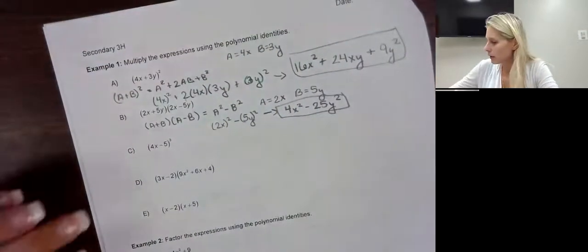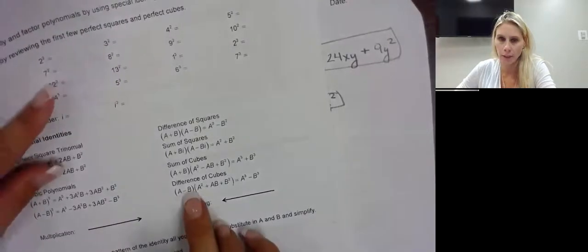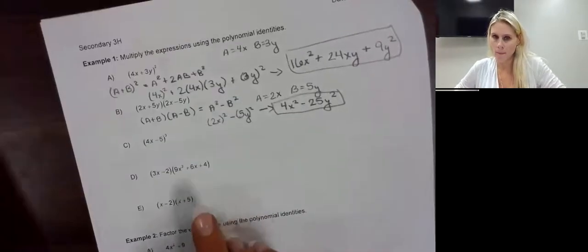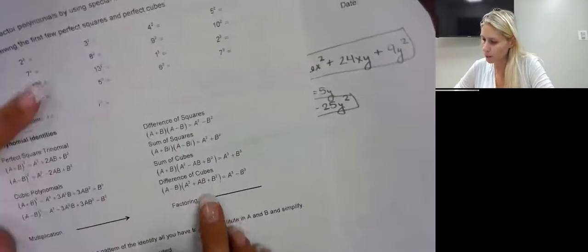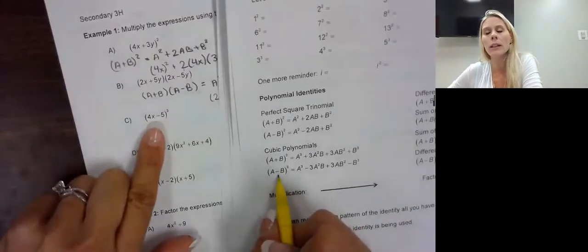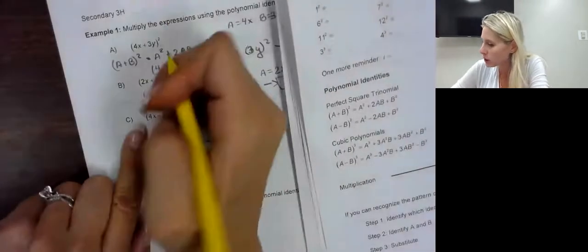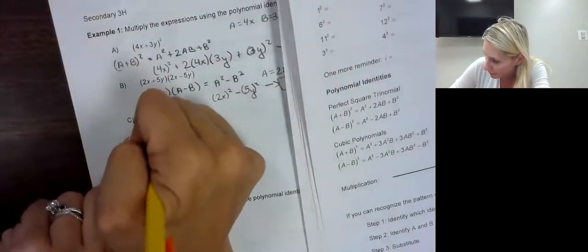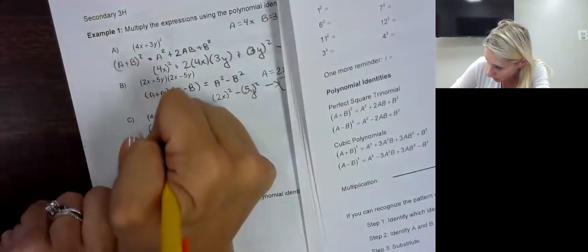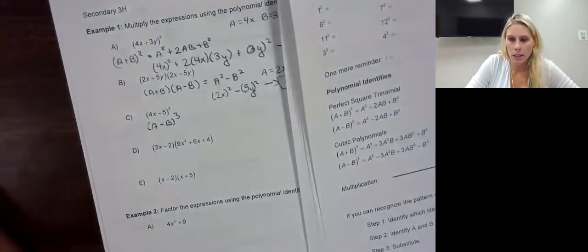All right, so let's do this again. I have a 4x minus 5 cubed. So if I look at that, I can do the difference of cubes right there. Nope, it's not the difference of cubes. Incorrect. Remember, it looks like this. So it's right here. It's just our cubic. So this is why identifying the polynomial is very important, because you might just substitute into the wrong one. So we have this a minus b cubed, and that gives me,